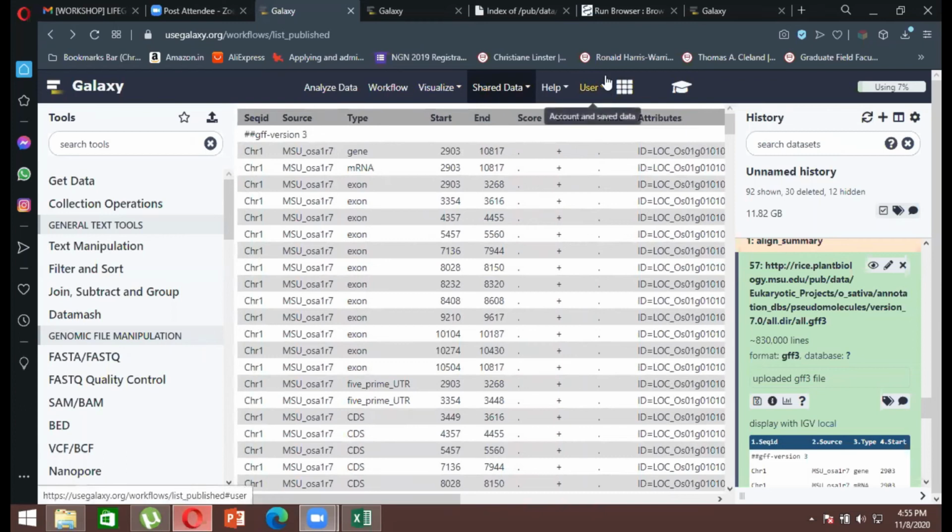So I hope you understood the basic format of this Galaxy server. Obviously, in the very first go, it won't be that understandable, but once you start practicing again and again, you will get hands-on experience with how to use Galaxy. You can also go for different servers. Apart from Galaxy, there are different kinds of servers available.